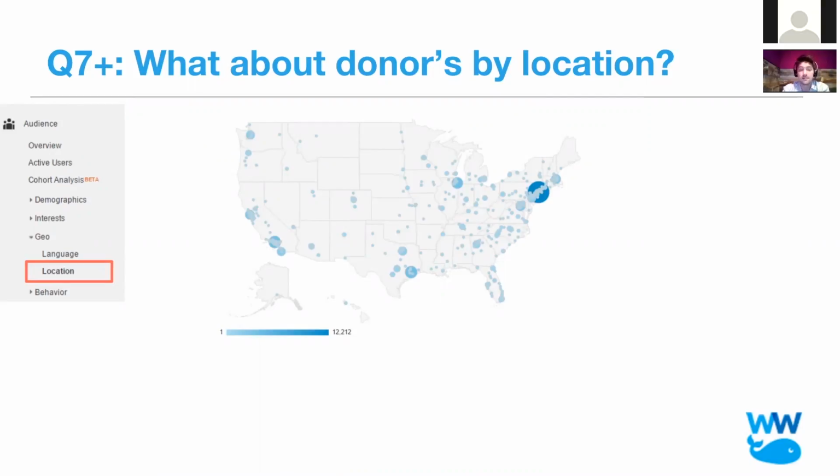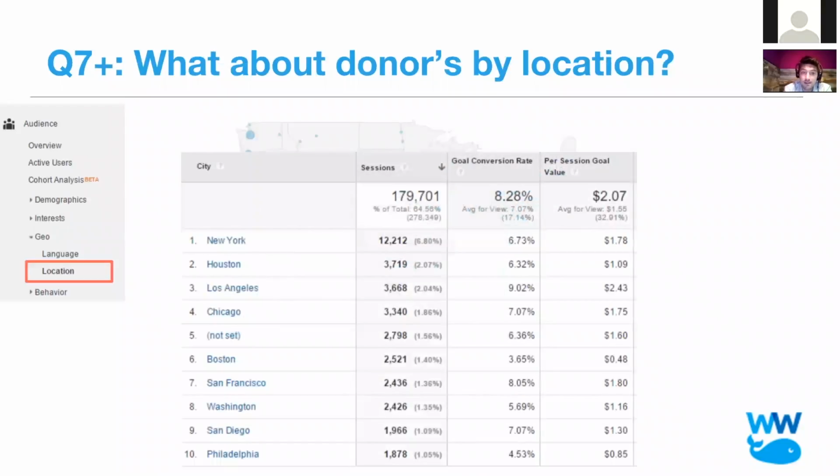What about donors by location? Because this is another piece. Maybe we have fundraising events or charitable events, dinners that are going on across the country, and then we can see the performance. Don't get caught by the fact that obviously cities perform better, but you can do it as a context and look at, guess what, city by city, and look at the goal conversion rate by city. So it's not just, oh yeah, obviously a bunch of people came because it's a big city.